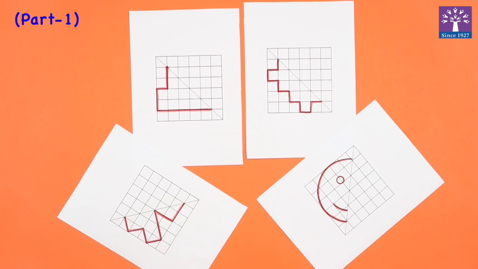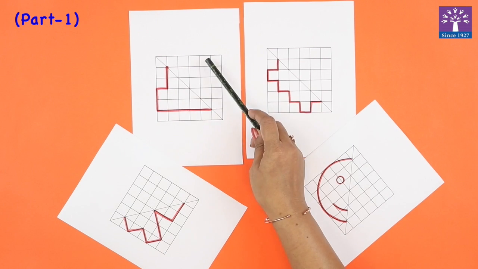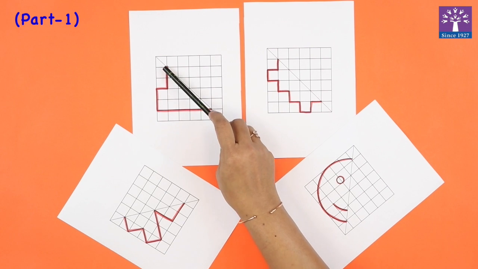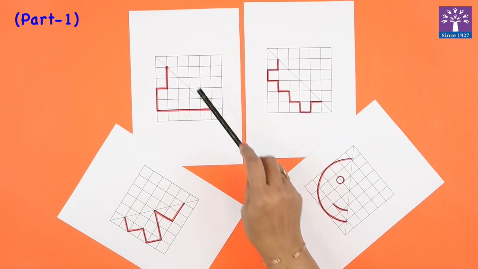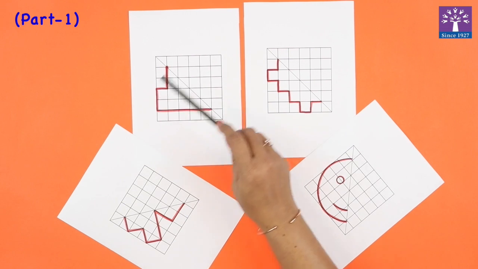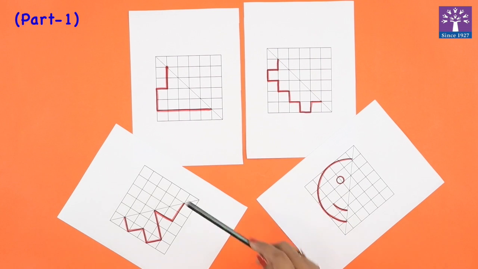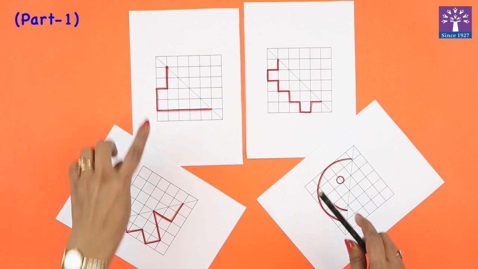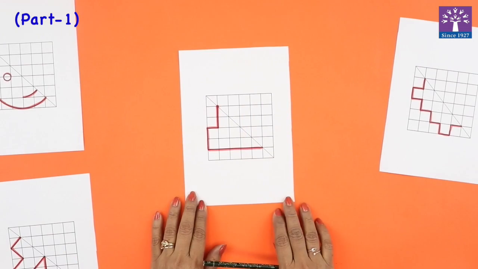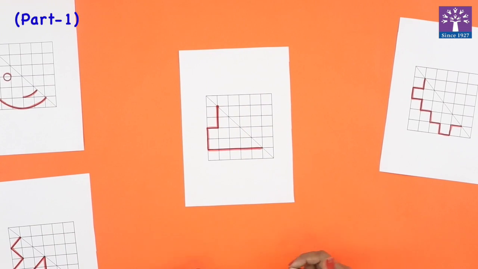We are going to learn how to replicate the mirror image to draw the same design that you can see highlighted in the red sketch pen. We will draw the mirror design on the other side of the center line or the axis line. So let's start with the easy one first. We'll begin with this picture.